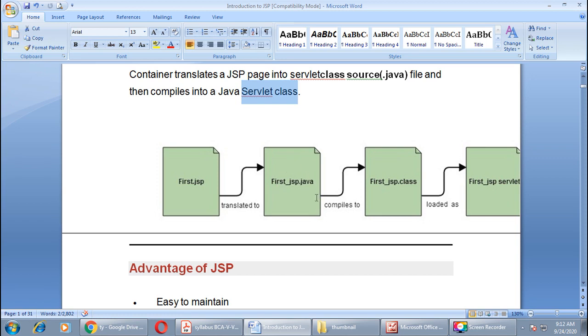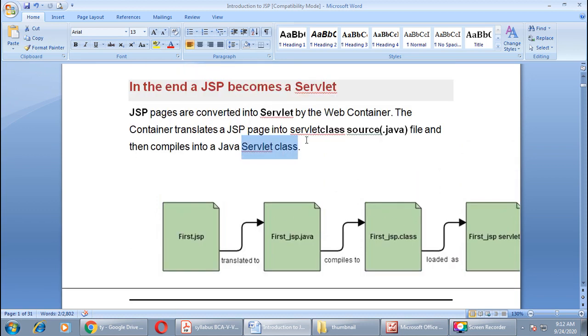Then the file with Java extension, the source file, will be compiled and we will get a class file of this file, right? And this will be loaded as a servlet in our website. So this is the pictorial form of how the JSP becomes a servlet. The whole duty is performed by the web container.